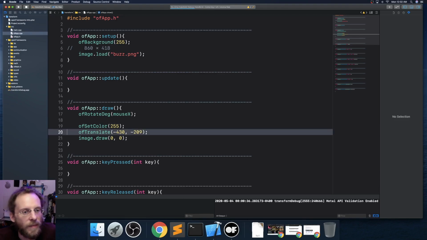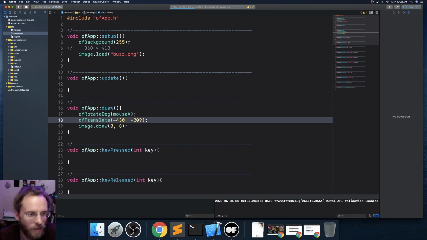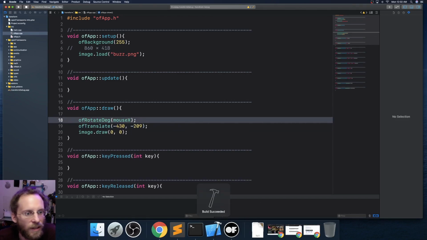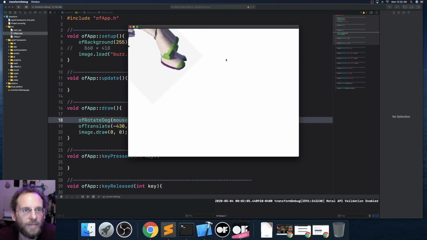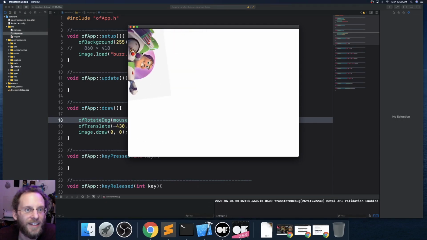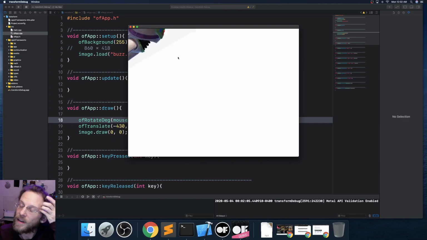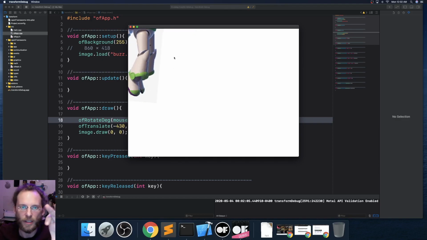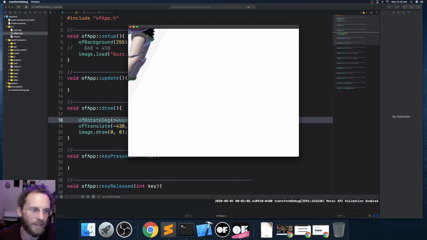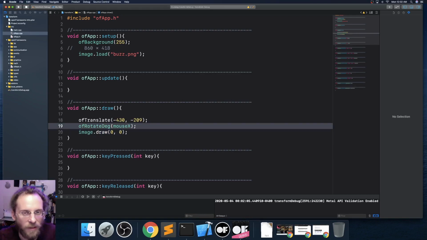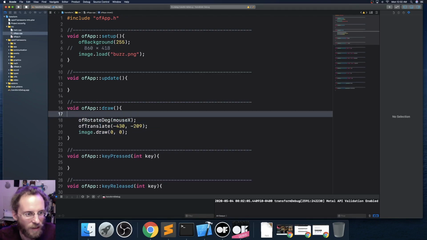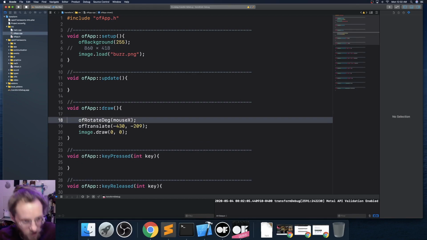And I don't need this color right now. We're not doing anything with that. Keep it simple. So we have a rotate and a translate. Cool. Okay, so this is translated. We're doing our rotation, and then before we draw the image at 0, 0, we're translating back half of the image so that it's now in the center. It's possible that you might have done this backwards like this, and that comes up many times. Just to show you what it looks like,